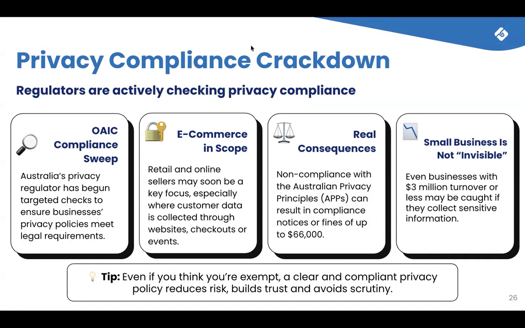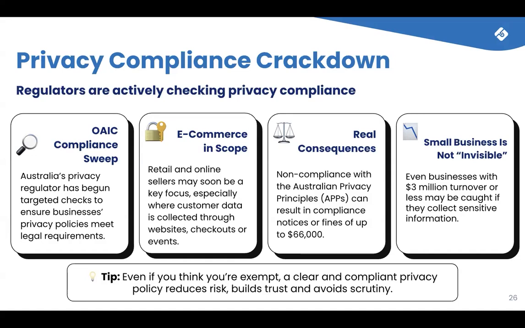We are also seeing a real shift in enforcement by the regulator. The Office of the Australian Information Commissioner has begun targeting compliance checks starting this January. It began by scrutinizing the privacy policies of businesses that collect information in person. For example, real estate agents asking for phone numbers at open houses, car rental agencies presenting customers with lengthy forms. The industries that they are focusing on right now include rental property, pharmacies, car rentals, and a few others.